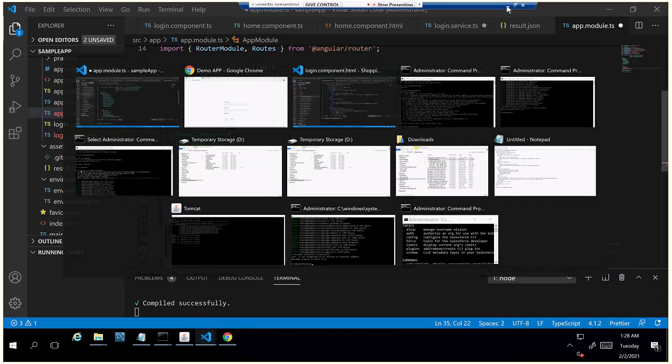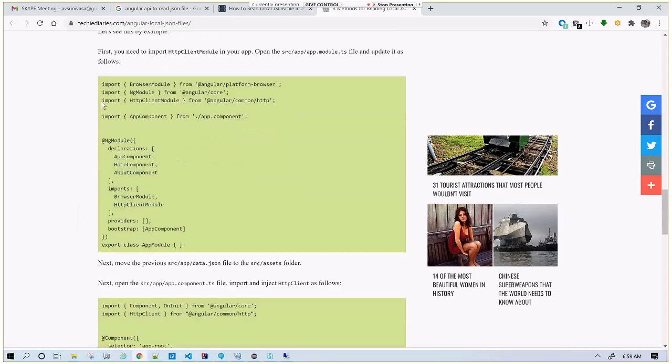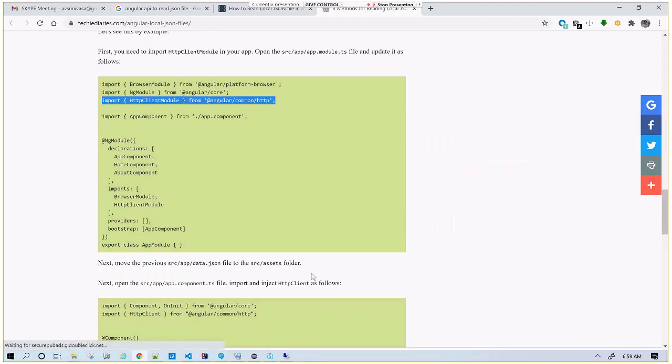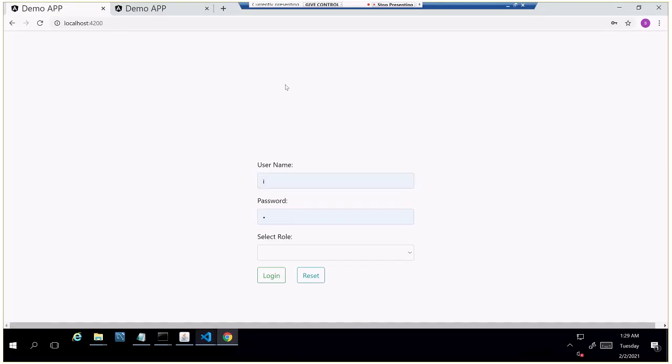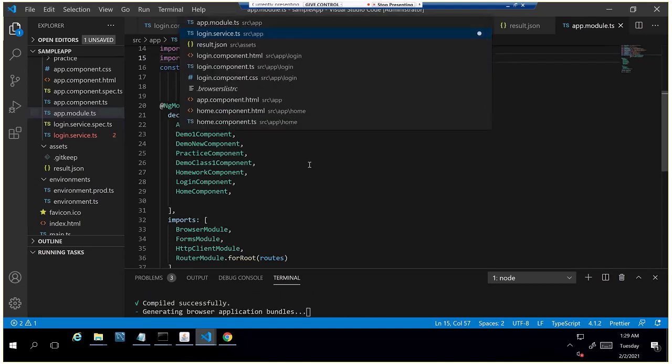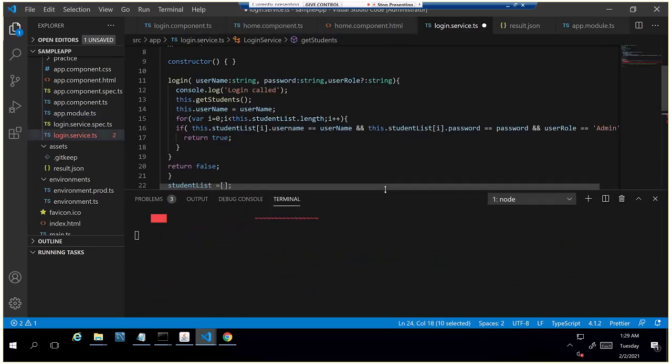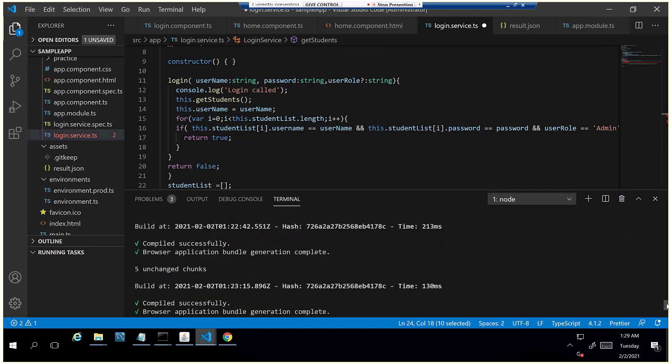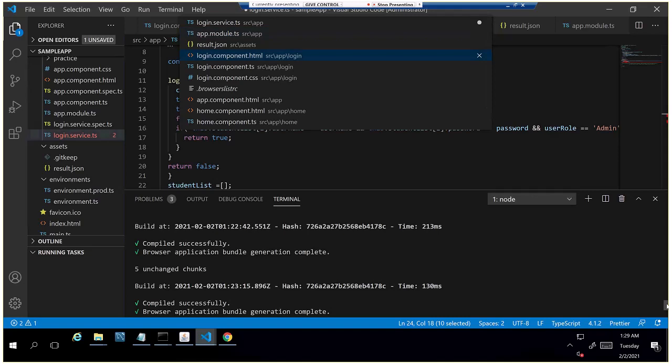Most of the time they modify this HTTP client to HTTP client module. Sometimes different packages itself. So you need to import that HTTP client module and then add it to the app module.js file. Now see, it is throwing some message here. Okay, this is related to HTTP client. Fine, we'll initialize the